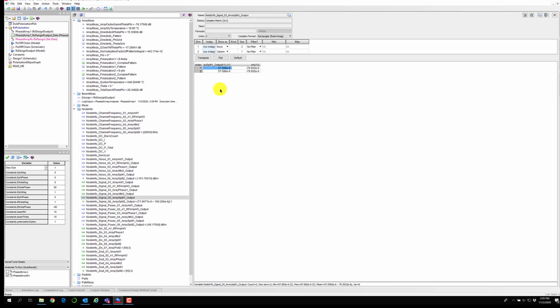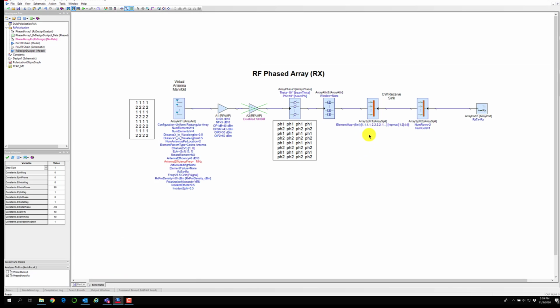Now, the final note: you may say, I really want to send each polarization into a different receiver. Unfortunately, in this schematic, in this implementation, we can place only one receiver. If we want to send the signals into two different receivers and form two different beams in different directions for each polarization, and your application demands that, please look out for another video where I will describe exactly that process.